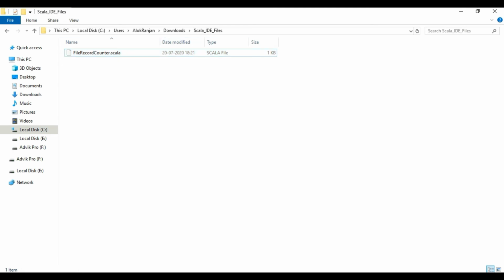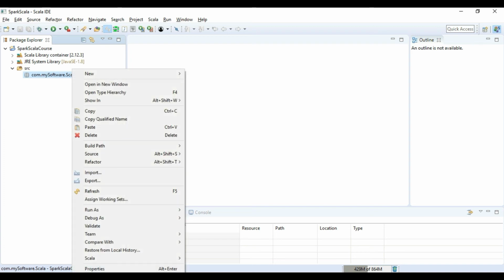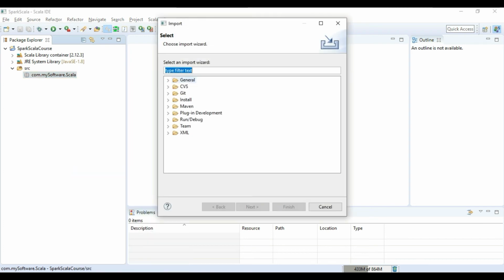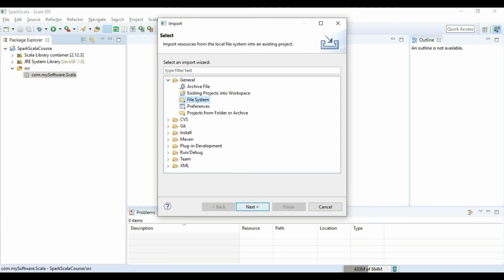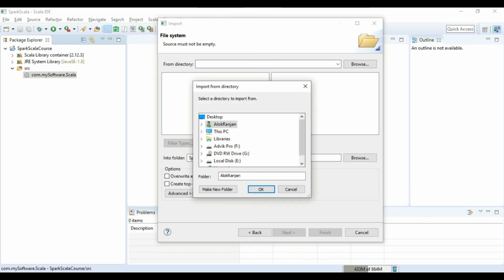Now go to the Eclipse IDE. Now we will add the Scala program files to the package. Right click on this, go to the option import, click here, select the general tab, expand it, select the file system, then next browse the download location where we just downloaded the file.